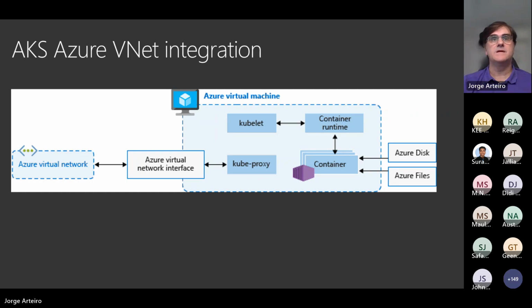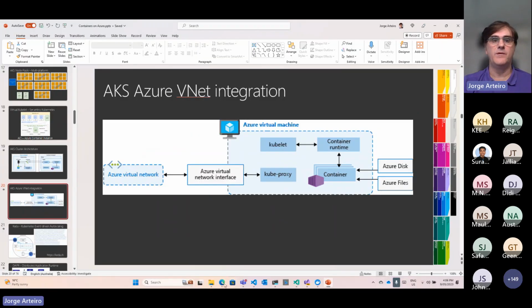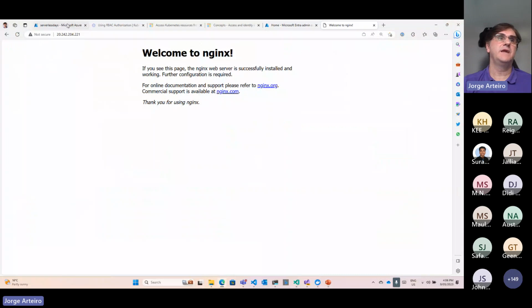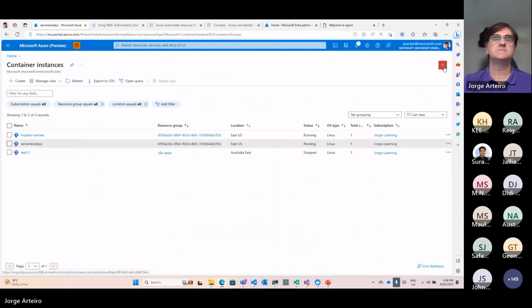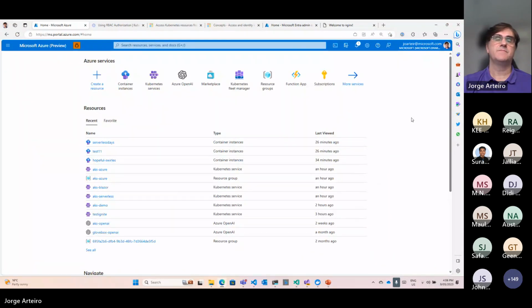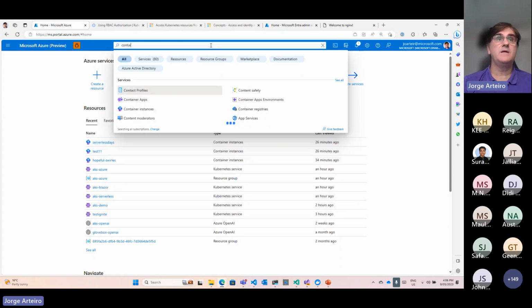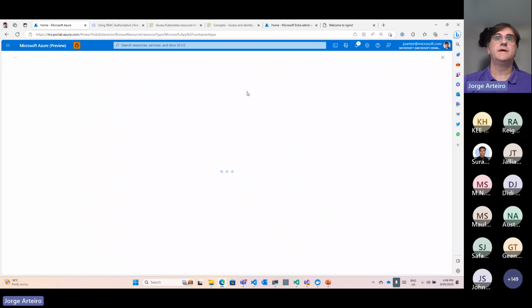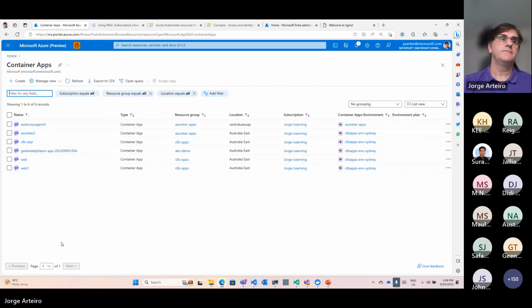Okay, and then I can stop and go to my browser, and maybe I can show Container Apps in a Kubernetes class. Because they're both using Kubernetes, you're going to understand what I'm saying. Then I think I can go to Container Apps. I have a few of them running here. Let's get to one.